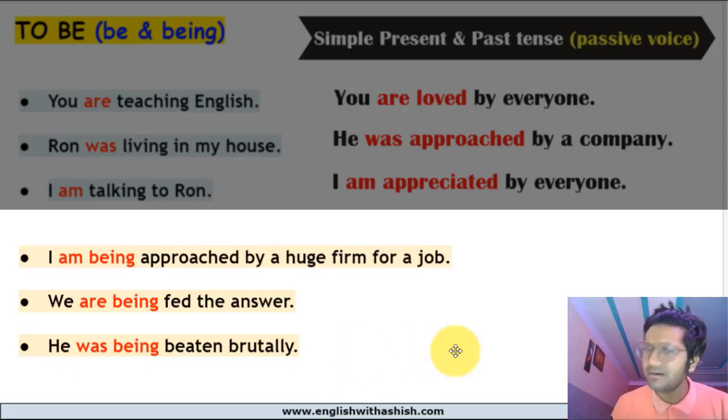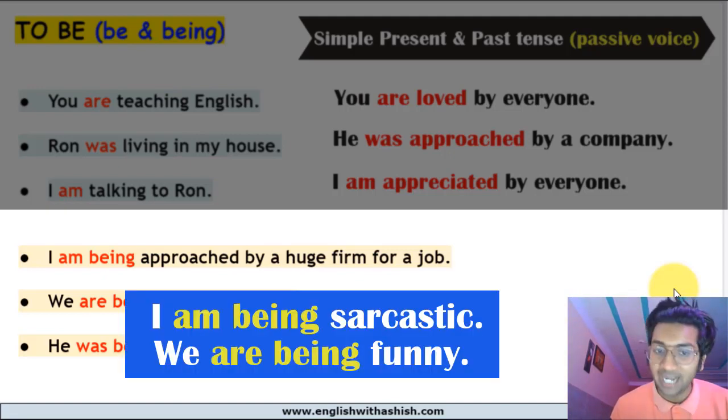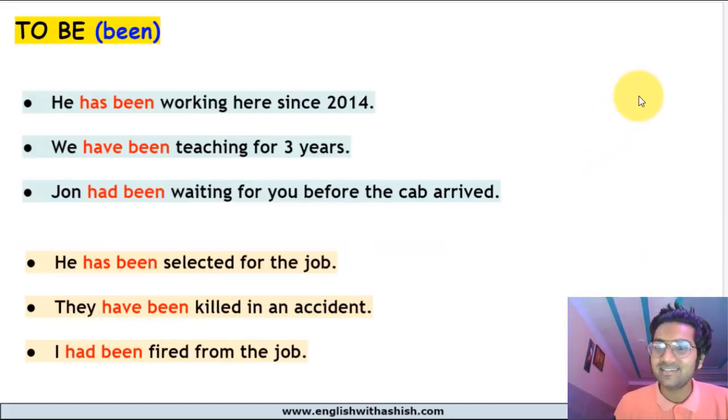So is being, are being, was being, were being, these verbs as a helping verb are followed by a past participle, and they're used in passive voice, present continuous tense passive voice and past continuous tense passive voice. Okay, if they're not followed by any action verb, they're actually working as linking verbs, main verbs. All right. For example, I am being sarcastic. We are being funny. Okay, here these verbs are working as linking verbs, not helping verbs, and they're not followed by any action verb. You can see.